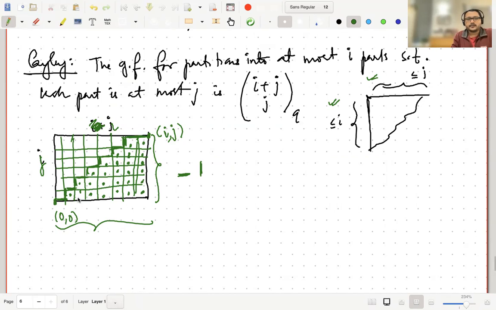And now this problem of finding the generating function for these partitions is actually equivalent to finding the generating function for the lattice paths, where the weight of a lattice path is now the number of dots which are below the path. So basically this would be the weight: q raised to the power the number of dots which are below the lattice path. So what this result is saying is that